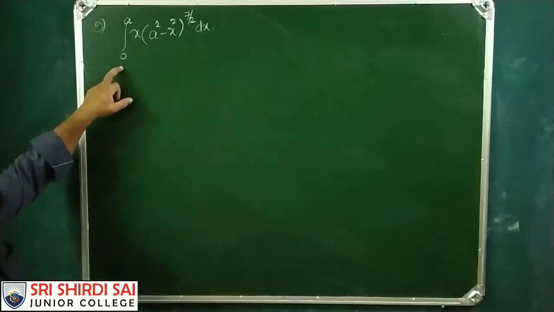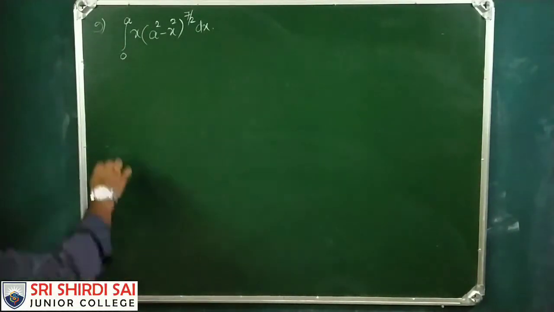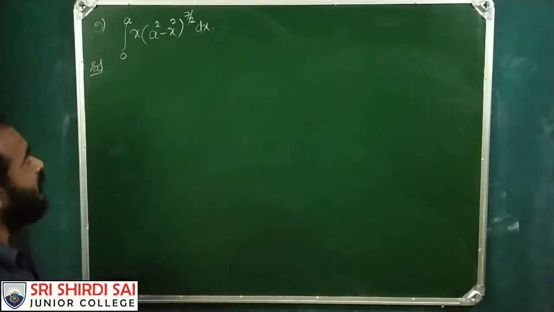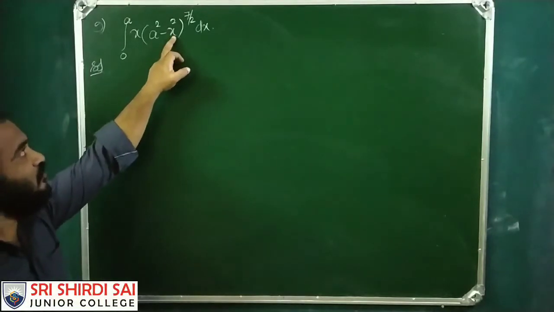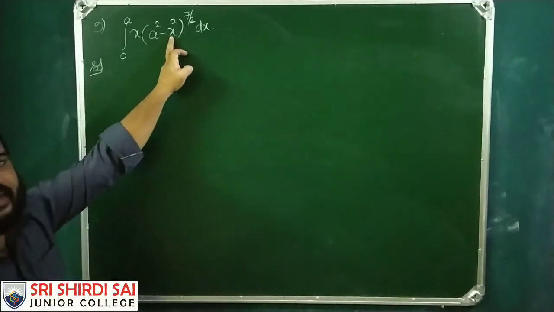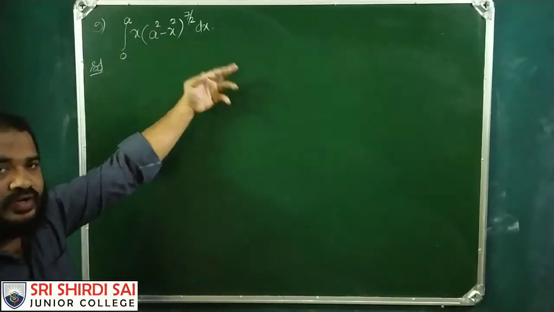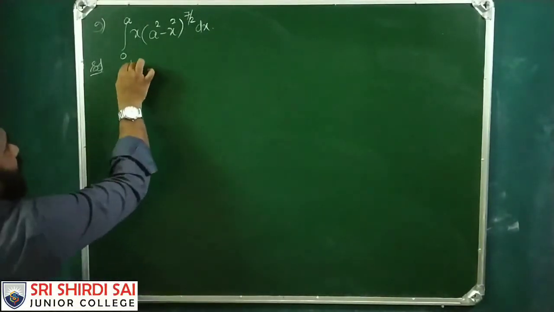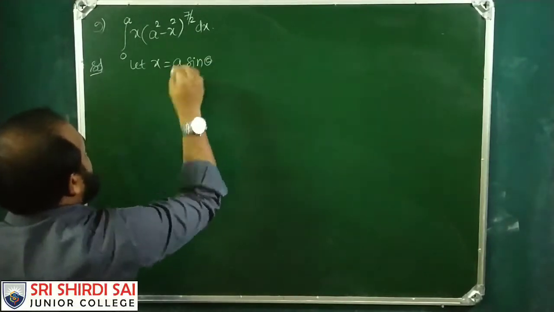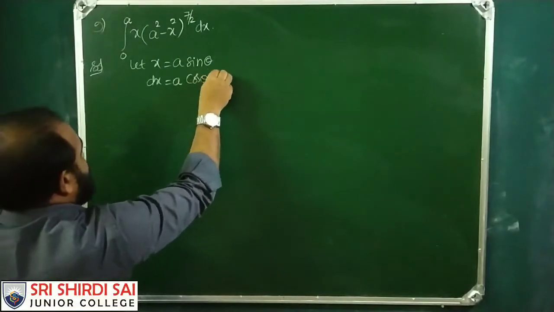So this is integral 0 to a of x into square root of a square minus x square. So for this I will take a suitable substitution. So here a square is there, here x square. If I take x is equal to a sin theta, then a square minus a square sin square theta. A square if you take common, 1 minus sin square theta, cos square theta, and so on. So let x is equal to a sin theta. Then dx is equal to, a sin theta derivative is cos theta d theta.